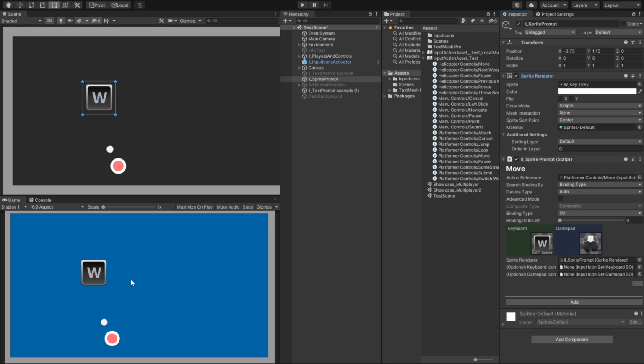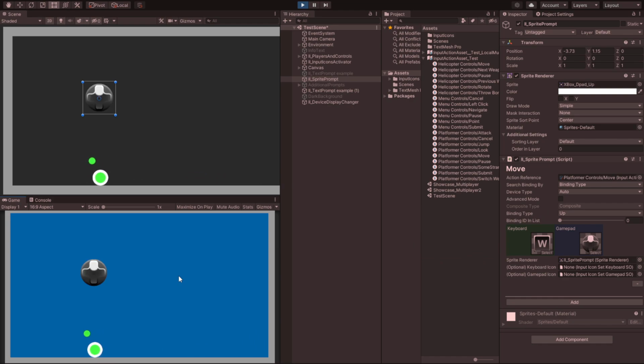We can see that the sprite renderer automatically displays the keyboard sprite, which is previewed in the inspector. When we enter play mode, we can control our character with the WASD keys, and once we switch to a gamepad, the displayed sprite switches to the corresponding gamepad sprite. Currently, I have 3 different gamepads attached to my computer, and when I switch between them, the displayed sprite also changes accordingly. As of the making of this video, the tool supports Xbox, PS3, PS4, PS5, and the Nintendo Switch